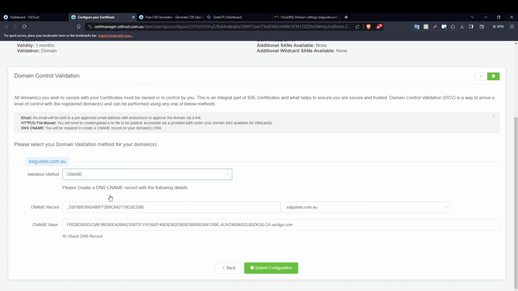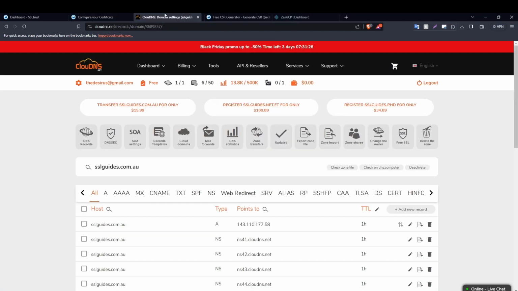The third, or the method that we're going to use, is the CNAME record validation method. So what I'm going to need you to do is head over to your DNS settings real quick with either your domain name provider or your hosting provider, depending on where you've pointed your name service to. So I'm going to head over to my DNS settings real quick